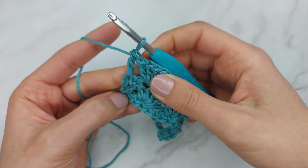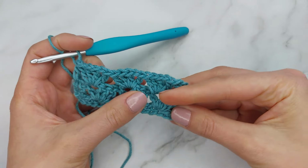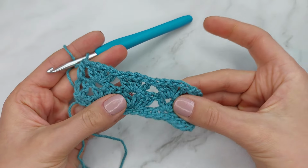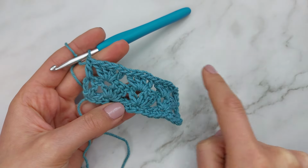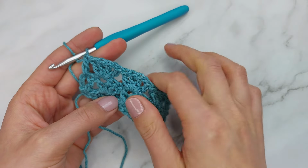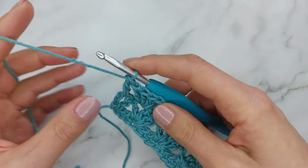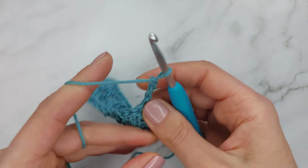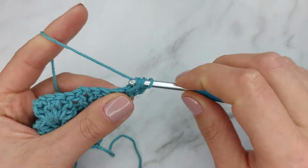All right, and so this row is going to be the row that we're going to keep repeating. So this is going to be our repeat row, and we're going to keep repeating the same row for as long as we need our project to be. So we can start one more together. So chain 3 and turn, work 1 double crochet into the same stitch,